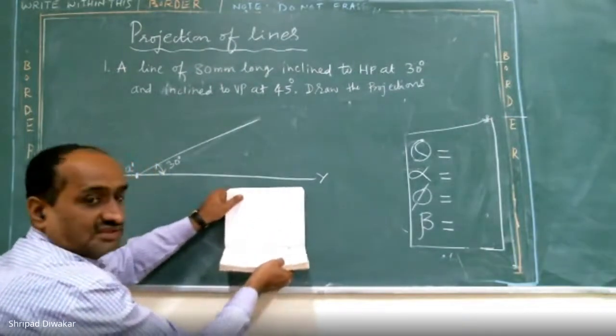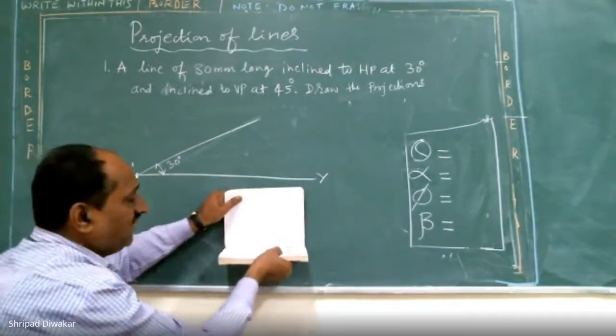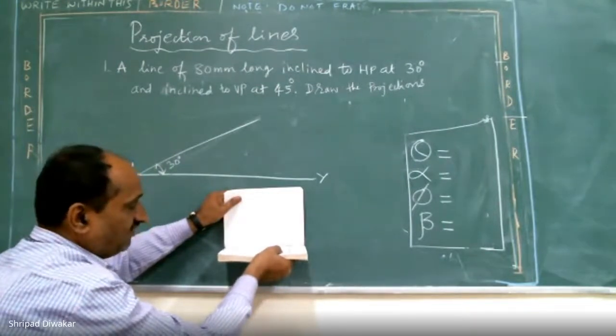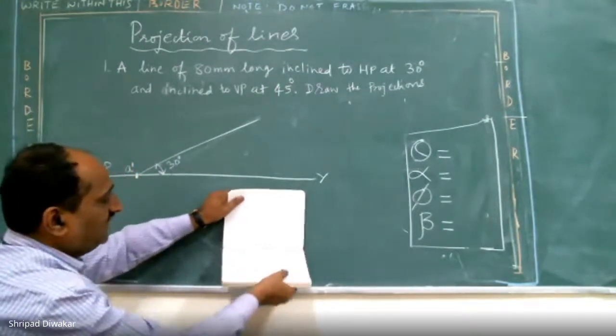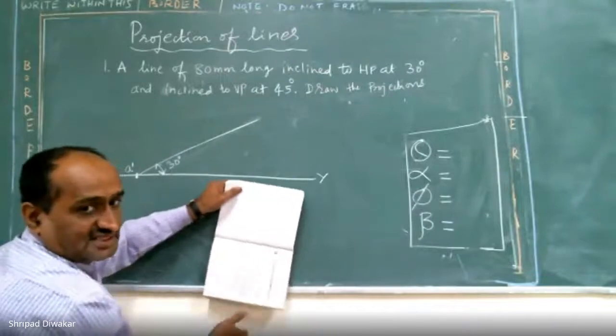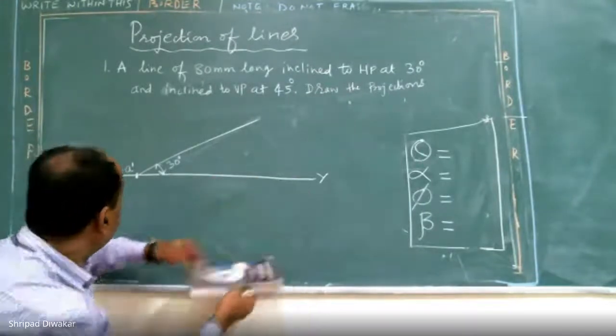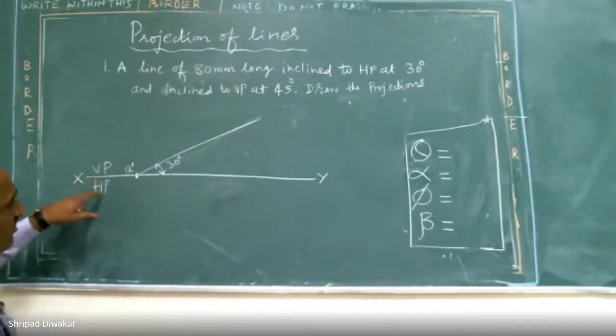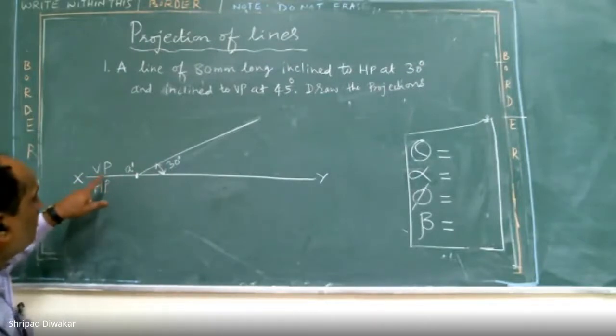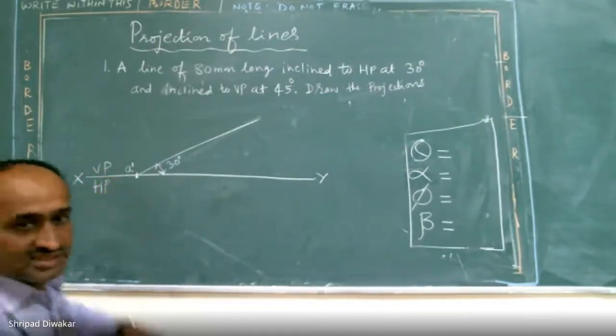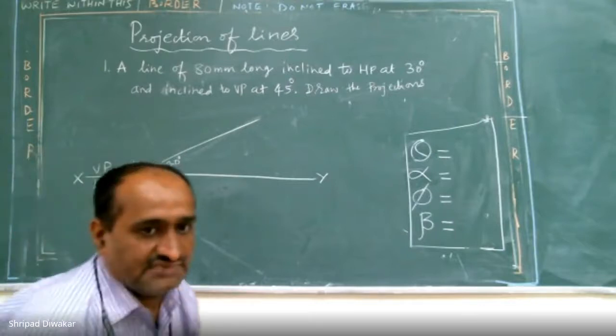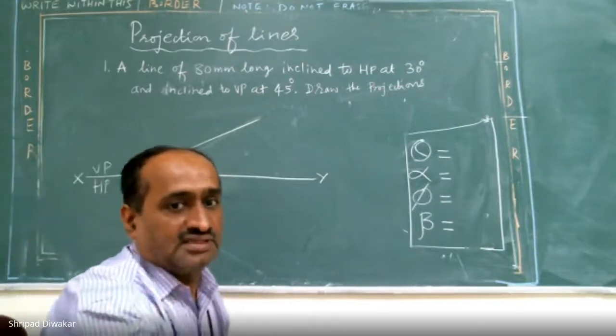Imagine the plane which is parallel to your floor is the horizontal plane. And whatever this one line is, this is your intersection line XY. So the plane below the reference line, you mark it as HP, and above the line is VP. Always you have to do it like this only, because we are drawing everything in the first quadrant. Okay, this is a notation.